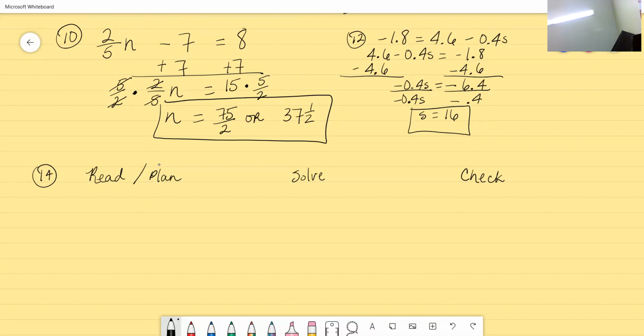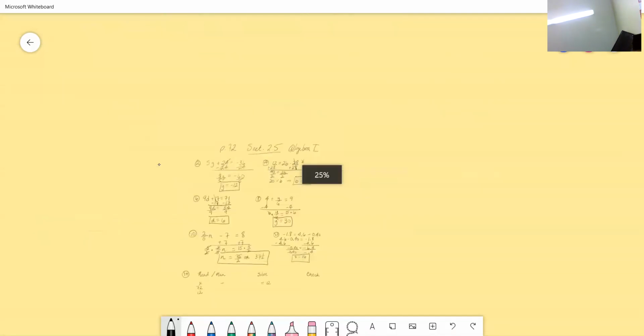So for number 14, it says the difference of a number and 72 is 12. So first we have the word difference. So we know that difference means subtraction. So there's going to be a subtraction in there. You have a number, so that's your unknown. And then you have the number 72, so you have a constant there, and you have a 12. Now also, when you see the verb is or was, which is just another form of that, that's your equal sign. So you know that on one side of your equation, you're going to have a 12. So the difference of a number and 72 means that,